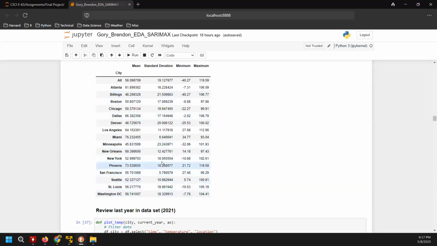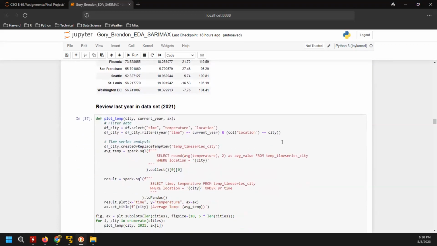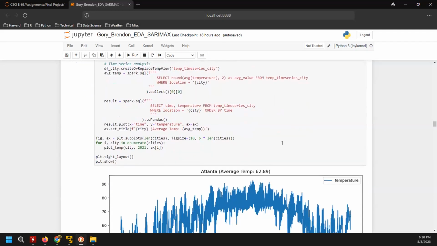And in terms of the standard deviation, getting back to that, the cities that we would normally associate with spring, winter, fall, summer, that's going to be Chicago, Boston, New York, Washington, St. Louis. They all have around the same standard deviation. So that gives us a sense that there is seasonality and that the temperatures do go up and down consistently.